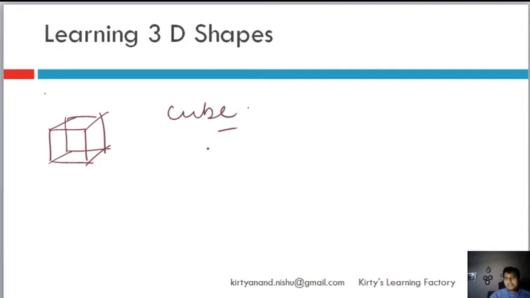Now my exercise to you is to take a cube and see how many faces it has. So this is one face. There will be one at the bottom. This is the second face. This face right here is the third. This is the fourth. The one you see here at the back is the fifth, and the one you see here at the top is the sixth. So a cube will have six faces.